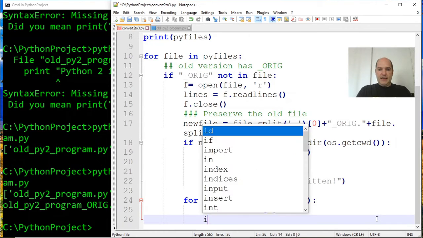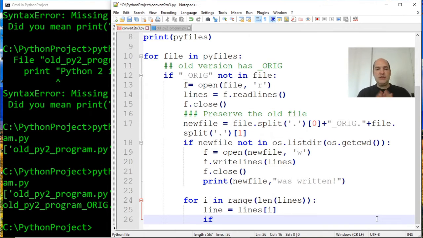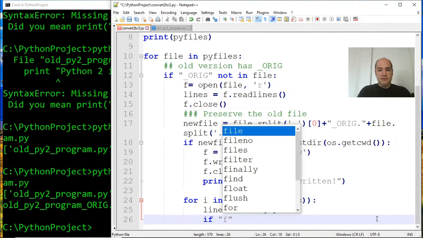We're going to say if, and here we're going to need to use a little bit of logic. We're going to have to say, well, what are we looking for? We want the word print to be in the line, but it only makes sense if print is the first thing in the line, because if you're printing something that has the word print in it, you don't want to change that necessarily. Put a parenthesis after it. So how are we going to do that? Well, we'll do it the following way. We'll say if print